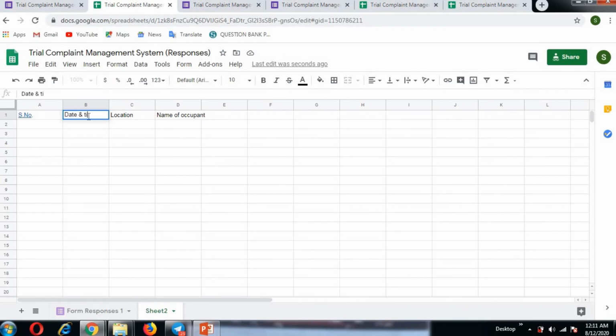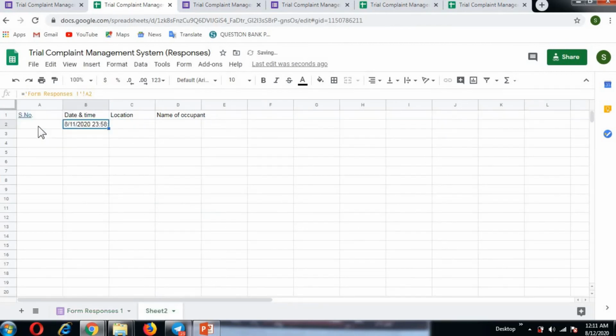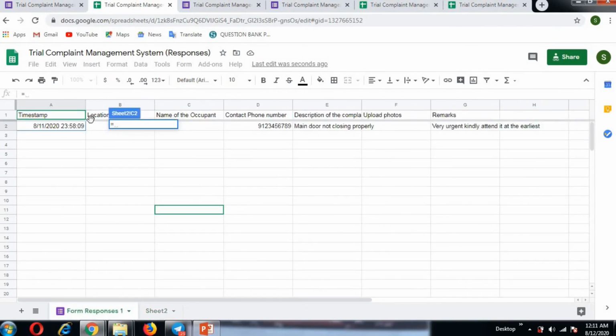I'm going to link the cells from the form responses. You can see at the bottom, form responses. I'm clicking there and selecting the timestamp. So once the data gets collected there, the date and time will get automatically uploaded in this sheet. Similarly for location, I'm selecting the location cell.